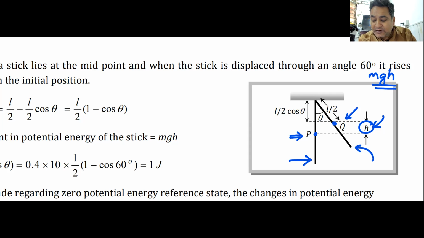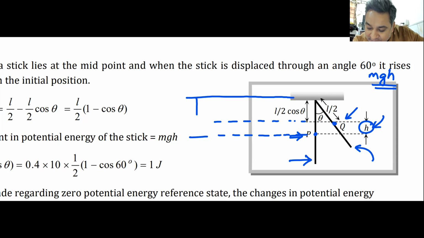We just need to find out the value of this h. So basically, we need to find out the value of this height h. How do I find the value of this height h? I find this complete length. This complete length is L by 2 because it is the length of the center from the top. Yes or no? Yes, sir. The only thing that is left now is to calculate the value of this length. How did you calculate the value of this length?